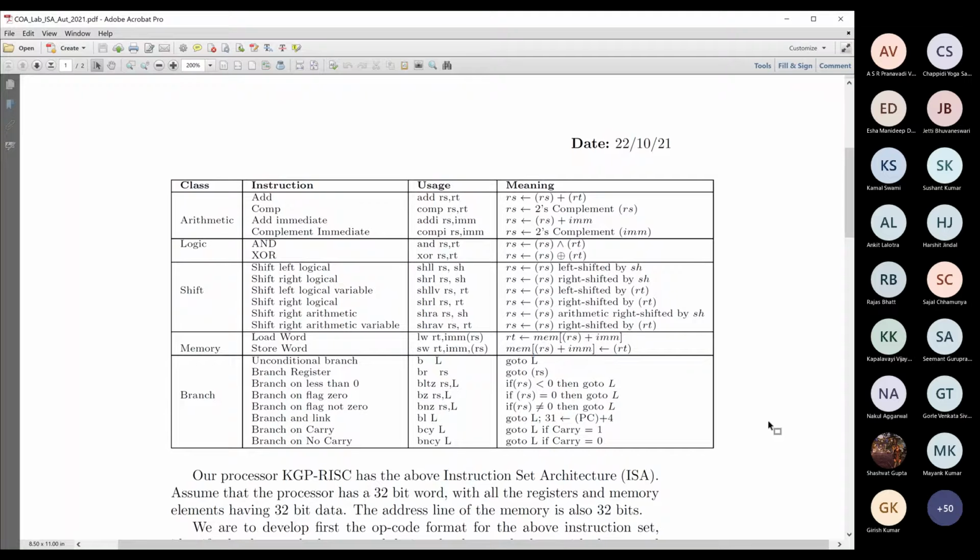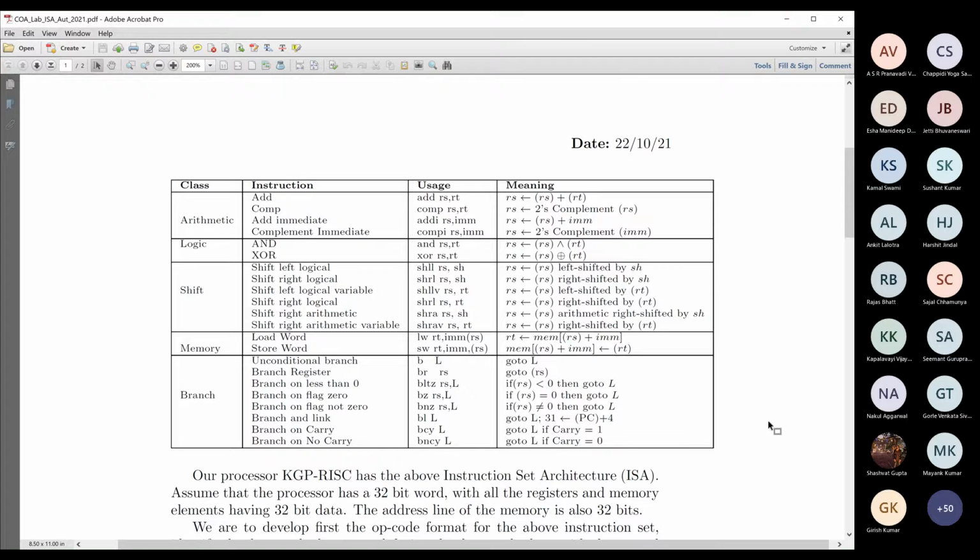If you want to calculate x minus y, you basically perform x plus y complement plus 1. Now notice that bitwise complement is available as an instruction, so y complement is available. Add immediate is available, so you can add 1 with that. Finally you can add that with x to get x minus y.